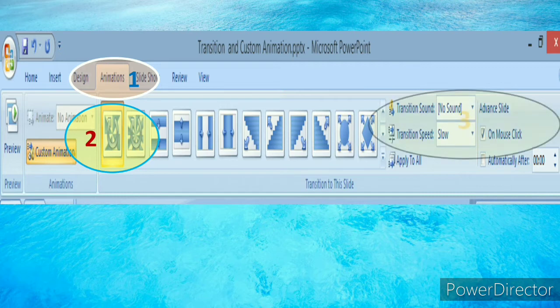And in step number 3, you can set the transition speed, whether it should be abrupt, slow, fast, or medium. Got my point? And you can also include the sound. I have not included any sound, but if you want, the transitions can be incorporated with the sound. Now let's go to something else. I think the transition part is quite clear, as far as presentations and ribbons are concerned, and you know where to click to get which type of effect.